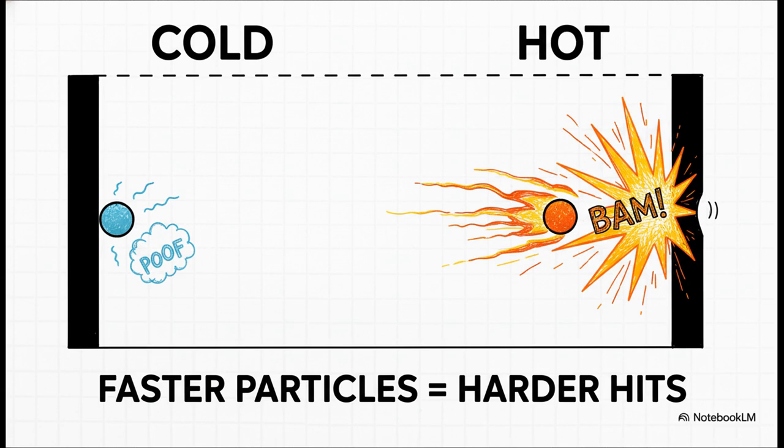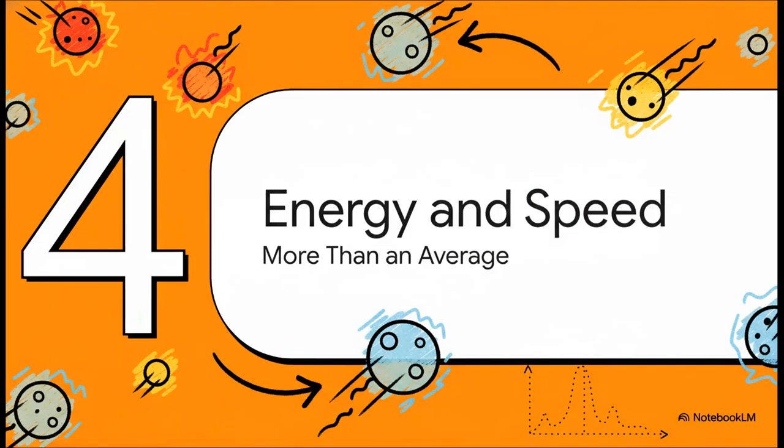So now they're not only slamming into the walls way more often, they're also hitting with more force every single time. And that 1-2 punch of more frequent, more powerful collisions is what we measure as a big increase in pressure. So this link between temperature and speed, it's everything. But we need to dig just a little deeper here. Because it turns out it's not quite as simple as just one average speed.